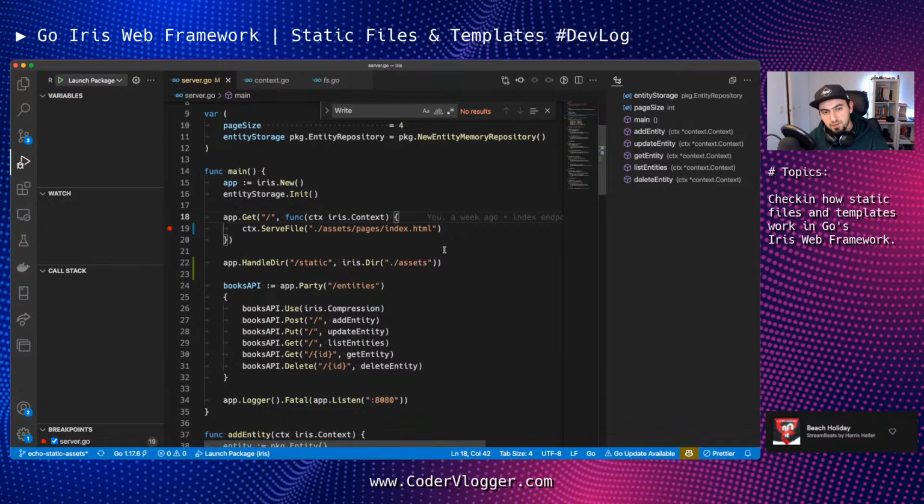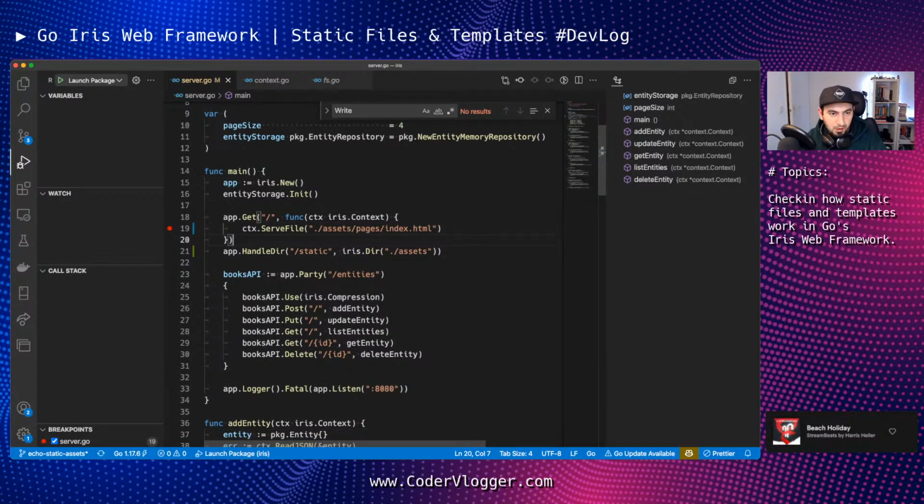So now I have everything I wanted for static files. I can serve a single file, which is great. We can talk about this in a second. But we can serve a static file. We can also serve a whole directory, like assets. And yeah, next step will be